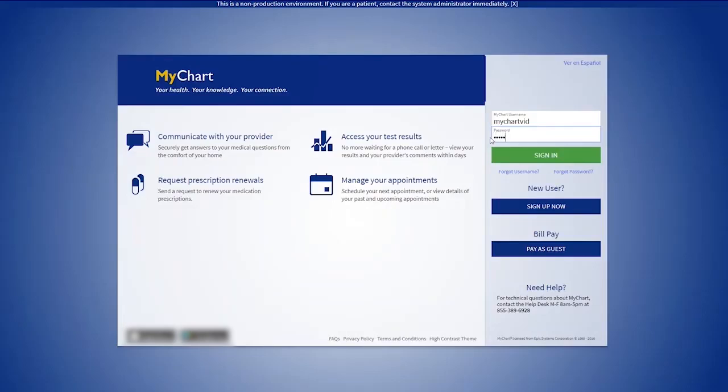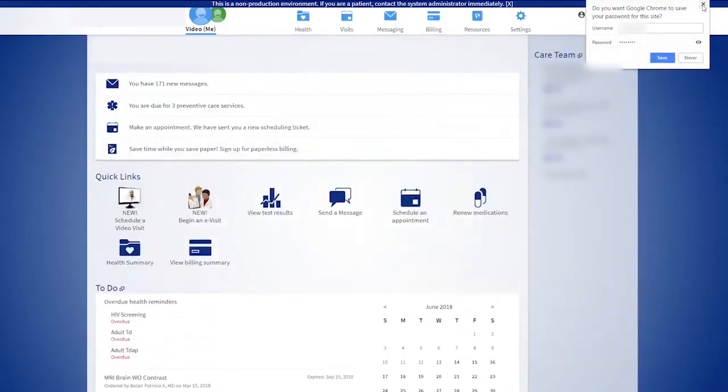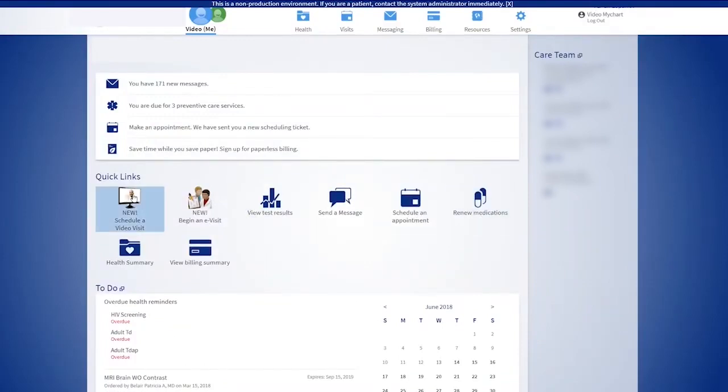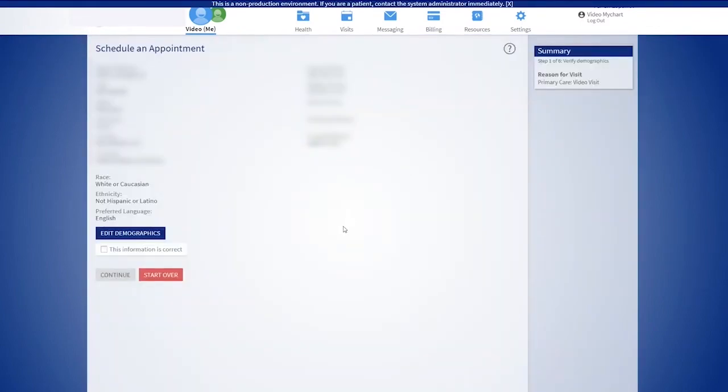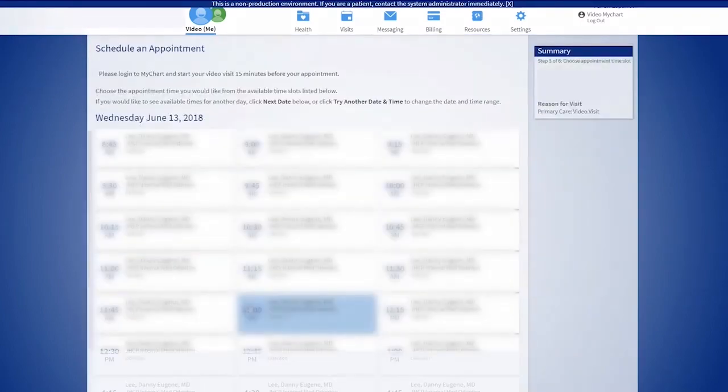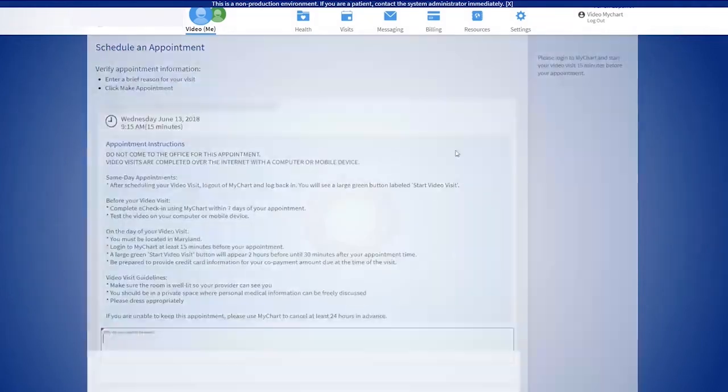Integrating with Epic EHR needs to be seamless and easy for both the patient and practitioner to use. Through the secure portal, the patient logs in to secure their video visit. They choose the time and reason of the appointment and may have access to additional information such as which doctor to see or where they'll be located at the time of the video visit.